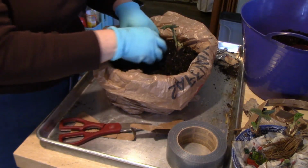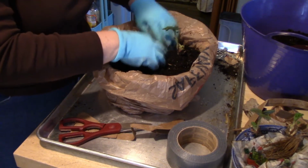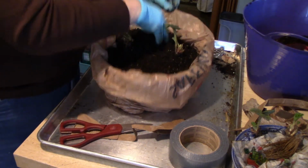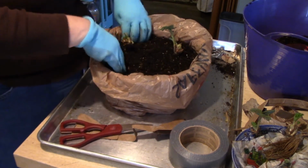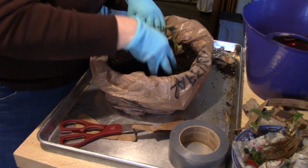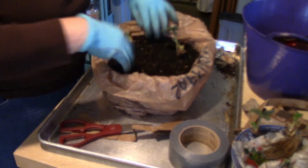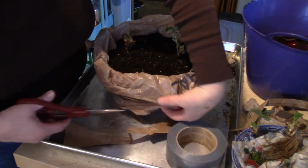Now you don't want to bury the crown on your strawberries because you will rot it. So make sure that the crown stays up on top of the soil. And then give it a good poke down and firm it in real good so that the roots make contact. Okay, and then now what I'm going to do is I'm going to go ahead and trim